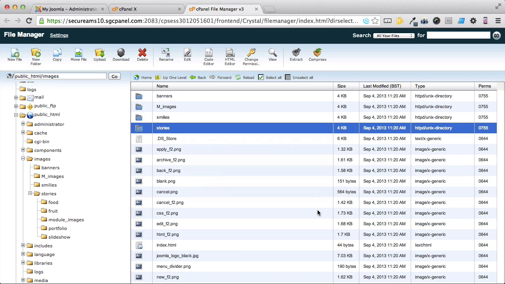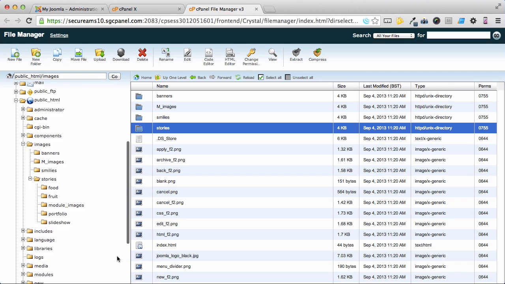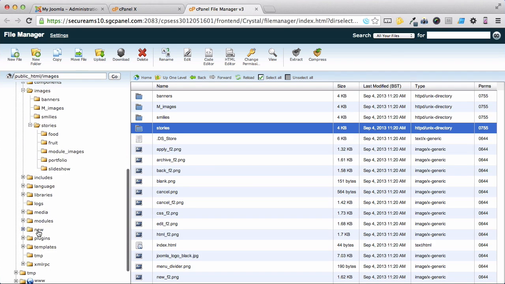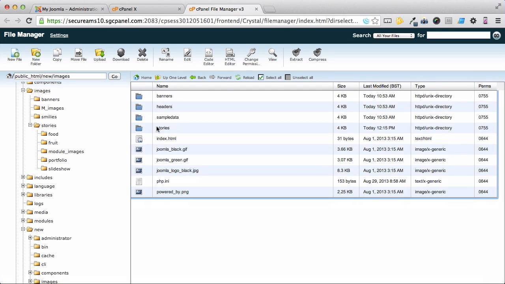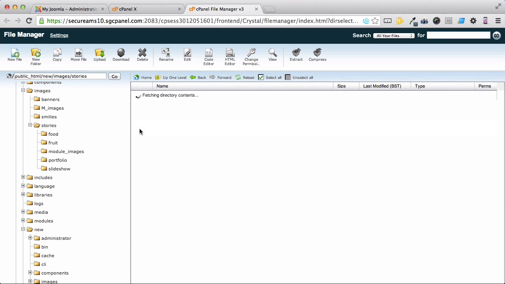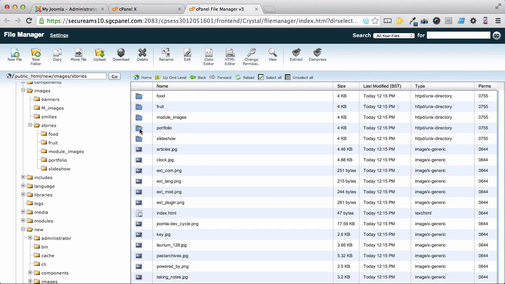It may take a little while for this to take place, depending on how big the folder is. But if I now scroll down and select the New folder, you can see our new Joomla websites. Here's our images, which if I double click on, will open up. There's our new Stories folder, which if I double click on that, you can see all the images have now been copied across. We're now ready to move on to the next video,